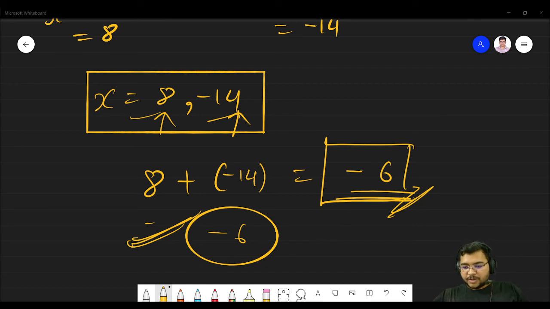In this way you will be able to solve equations by taking the square root or squaring and reach your answers. I also want to remind you that for quadratic equations, go to the playlist and find how to solve quadratic equations of different types, where everything will be mentioned in detail. You can follow those lectures and you will be able to find how to solve the quadratic equation.